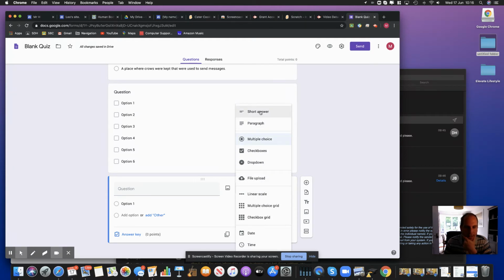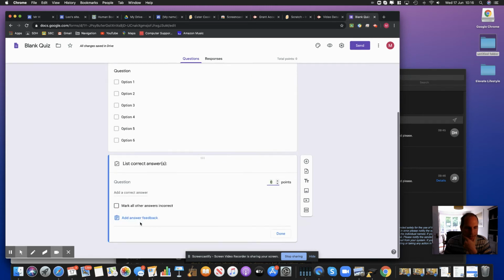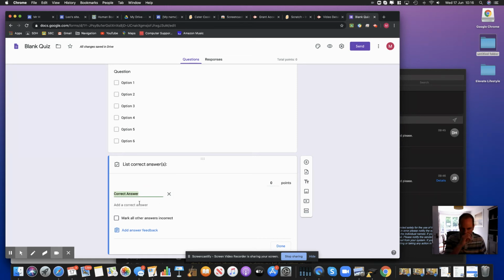With the short line answers, in the answer key you can add a correct answer, and all the correct answers are there. So let's say, for example, the answer was murder hole. You might want to think about all the different possibilities that someone might write the word murder hole. Let's say someone,